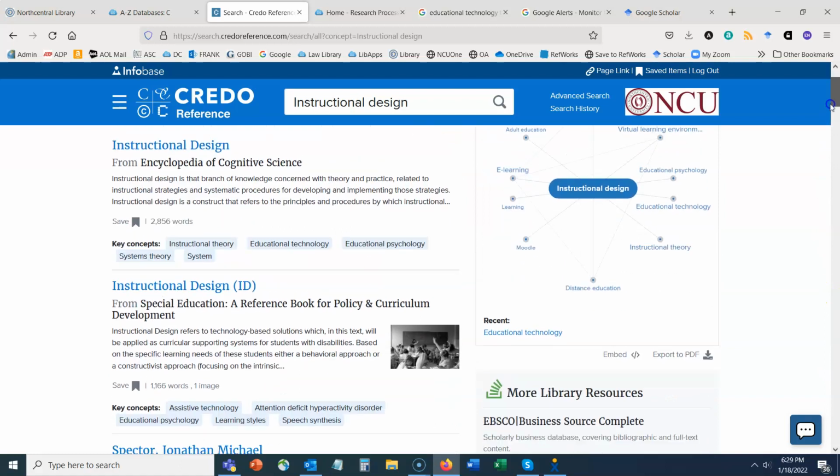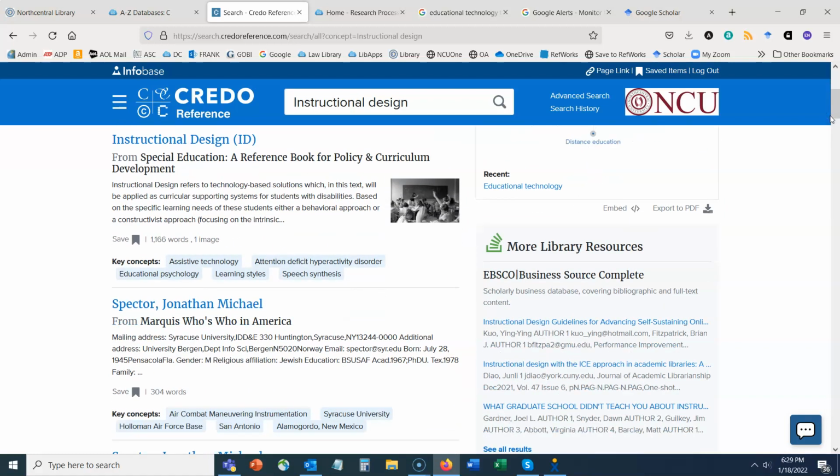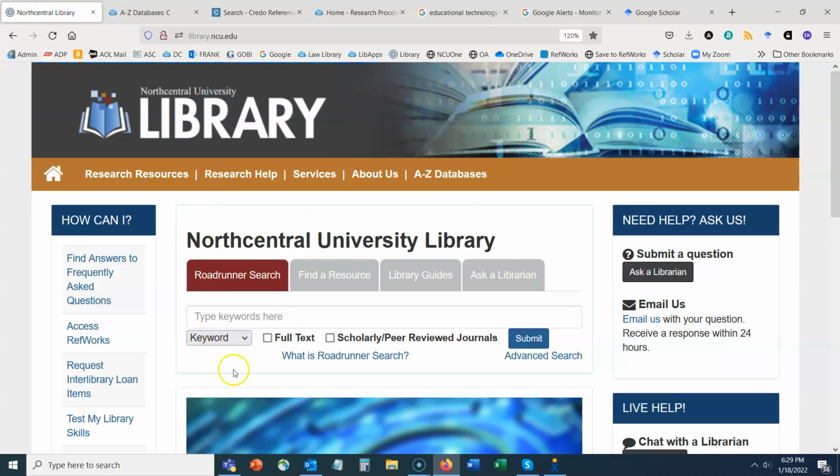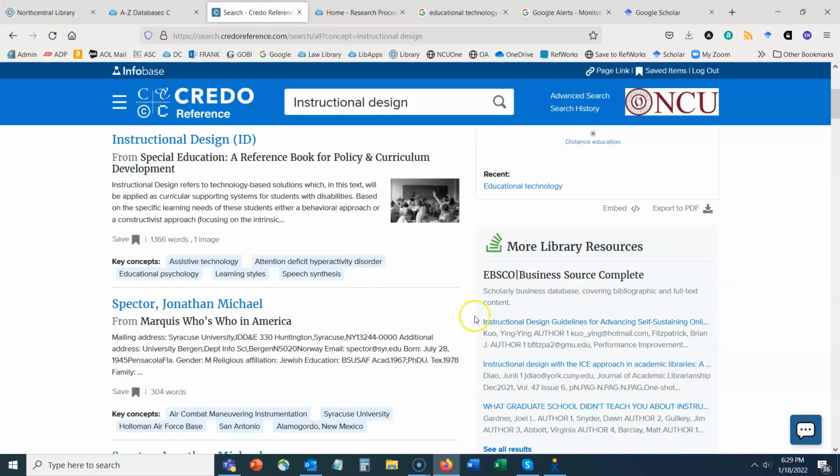However, you don't want to rely on this area for your scholarly journal articles. Really, you want to be using our Roadrunner search in the center of the library's homepage for scholarly journal articles. This is sort of just like an added bonus here in Credo Reference. The real